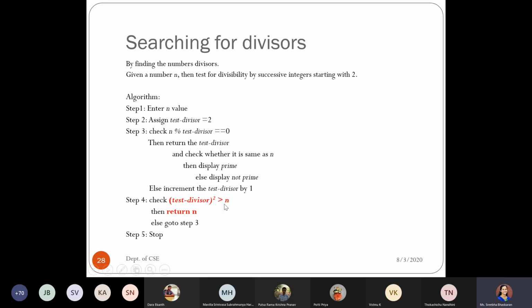Instead of applying square root of n, I have just taken the square root to the other side, so it becomes a square. So I'm just comparing whether the square of my test divisor is greater than n.